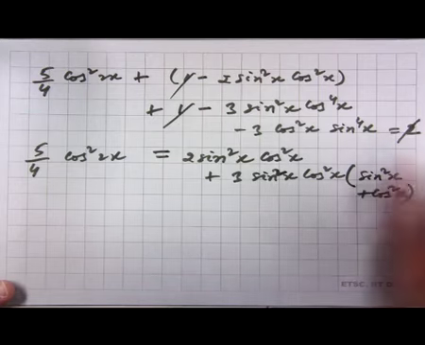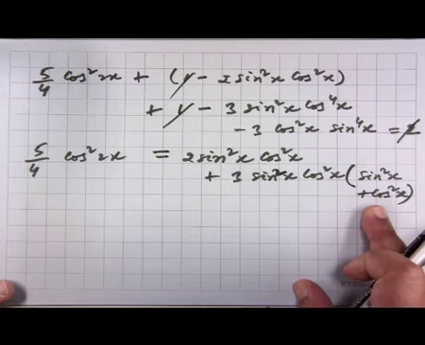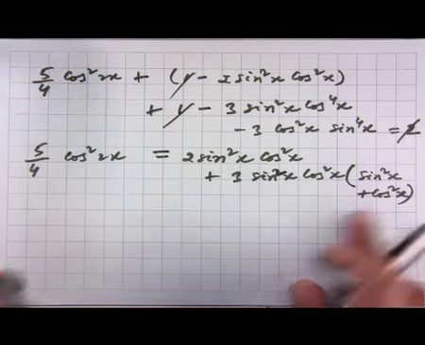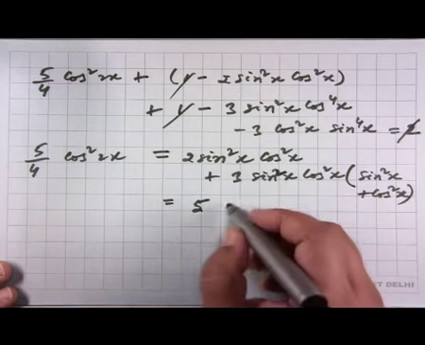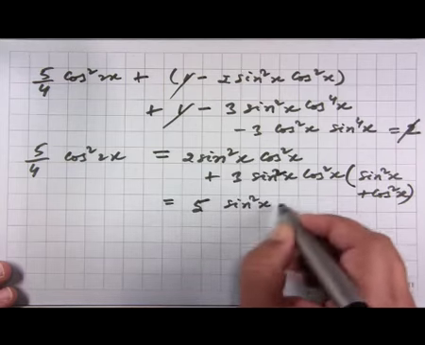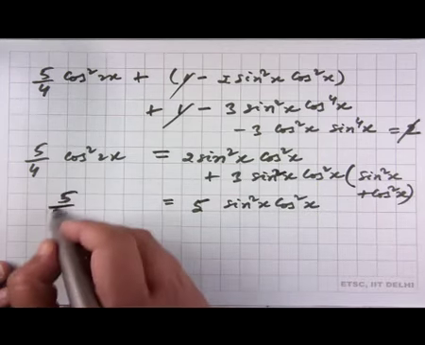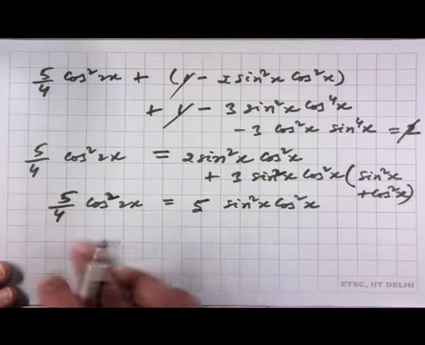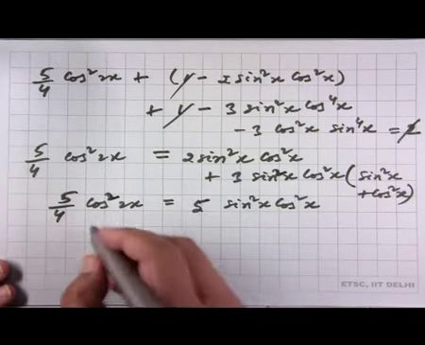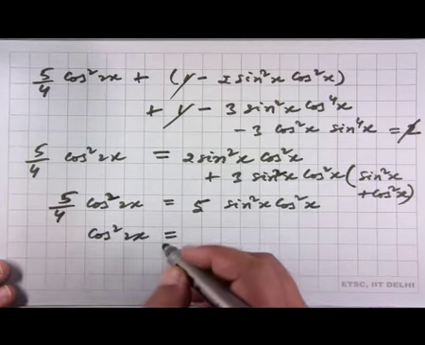So, this comes from these two terms taken on the right hand side, and of course, sin square x plus cos square x is equal to 1. So, this gets simplified to 5 times sin square x cos square x. So, we finally end up with 5 by 4 cos square 2x is equal to this, which is the same as writing that cos square 2x equals